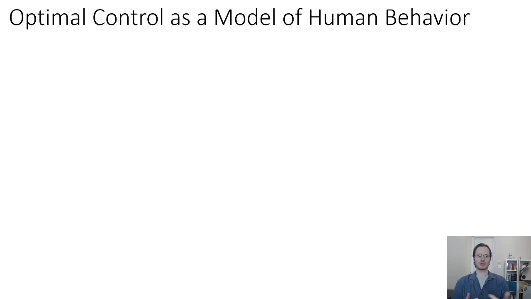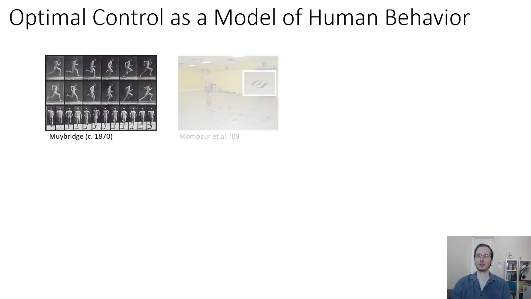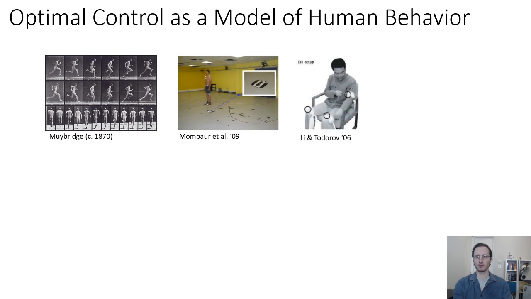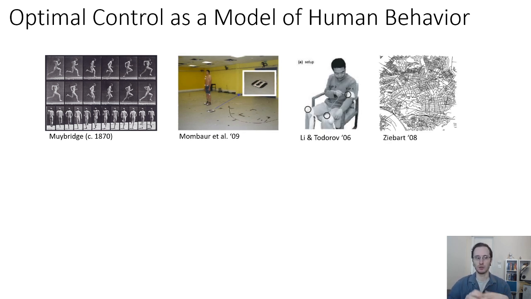So let's start with a discussion of how we might model human behavior. We know that humans sometimes do goal-directed things, and we can argue over how rational humans are, but I think it's reasonable to say that some portion of what humans do is goal-directed and intentional. And people have studied this going back over 100 years, studying how notions of optimality can best represent human behavior, ranging from the lowest level primitive behavior, like how we walk and how we navigate to places and how we reach for locations, all the way to higher level concepts like how do we plan a route to navigate a